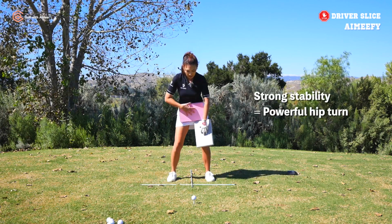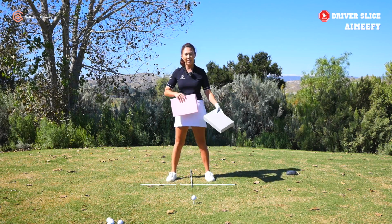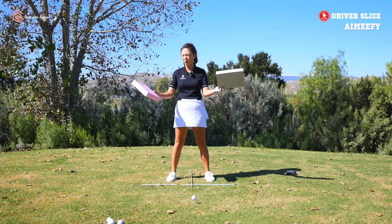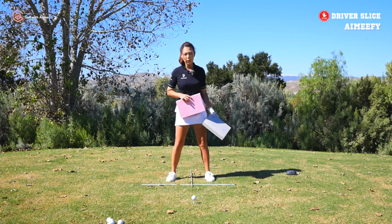So the front of the thighs face forward as much as possible, whereas the pelvis is turning separate from the thighs. You gotta separate these two movements. You gotta gain body control to be able to do that. It just takes a couple practices. Once you understand how the thigh should move and how the pelvis should move, then we're gonna go on to